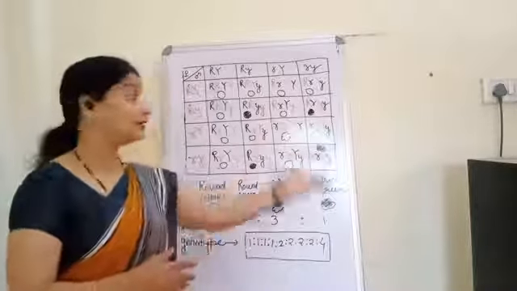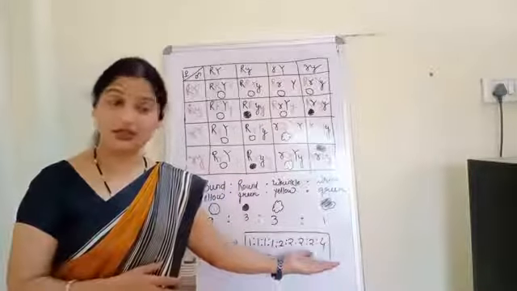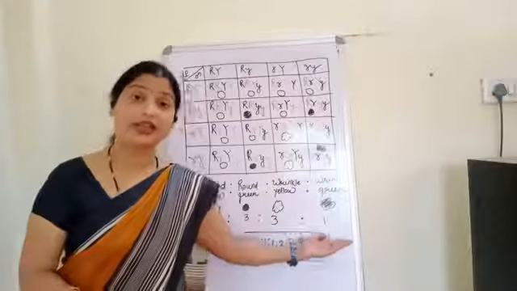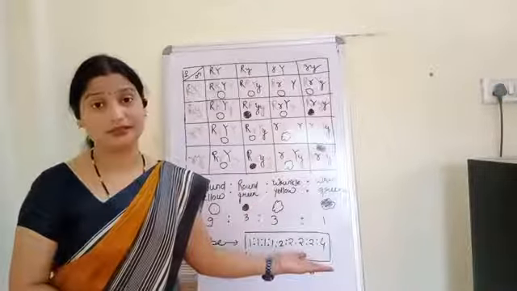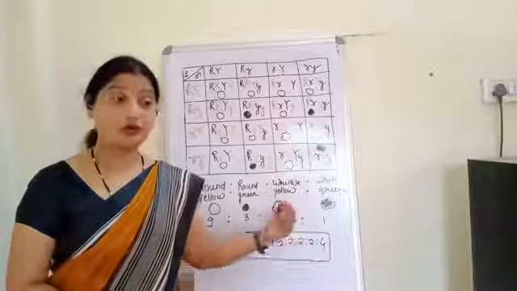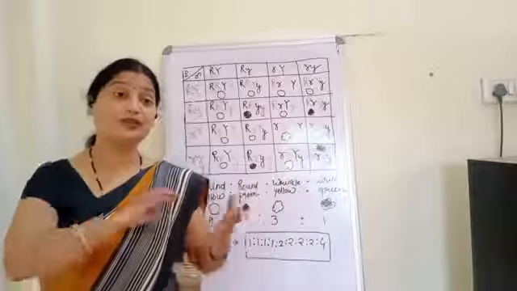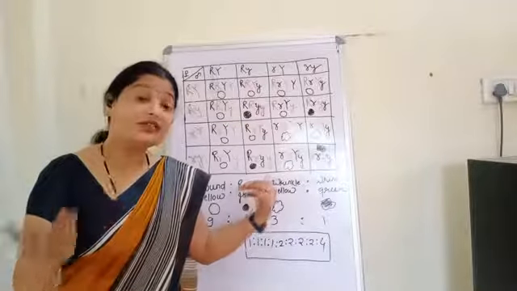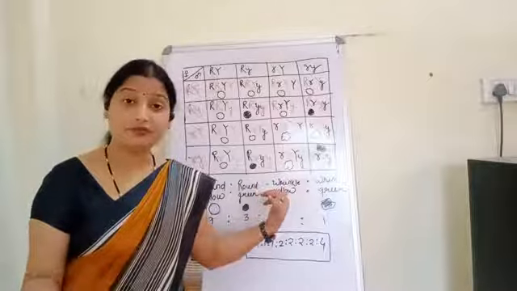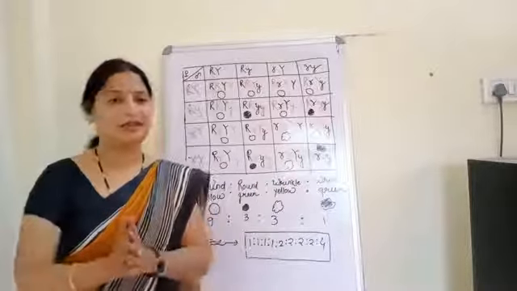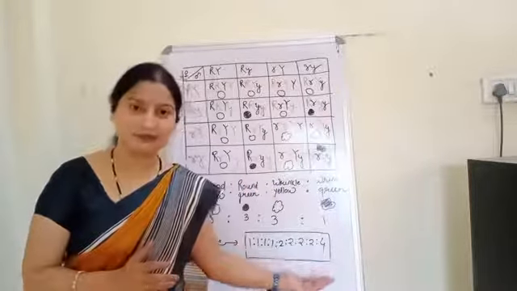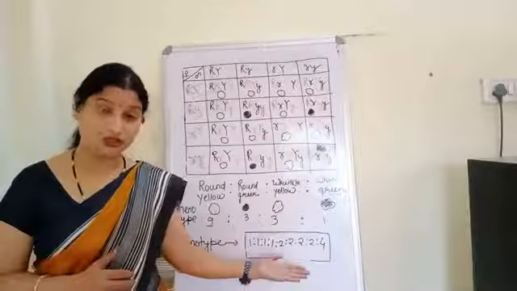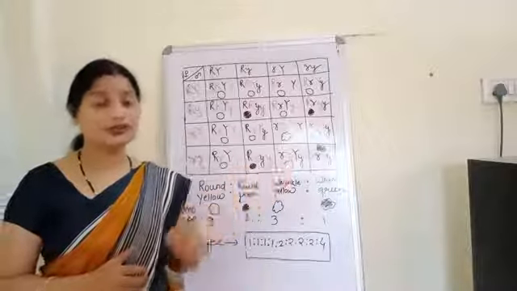But they have not taken the pea plant. Okay, they took the different plants, they did this experiment on some different animals and then they got a different result from the Mendel. Okay, so even we can say that the Mendel was very lucky that he had selected the pea plant. If he would have selected some different variety, some different plant, then definitely the result would not be the same.